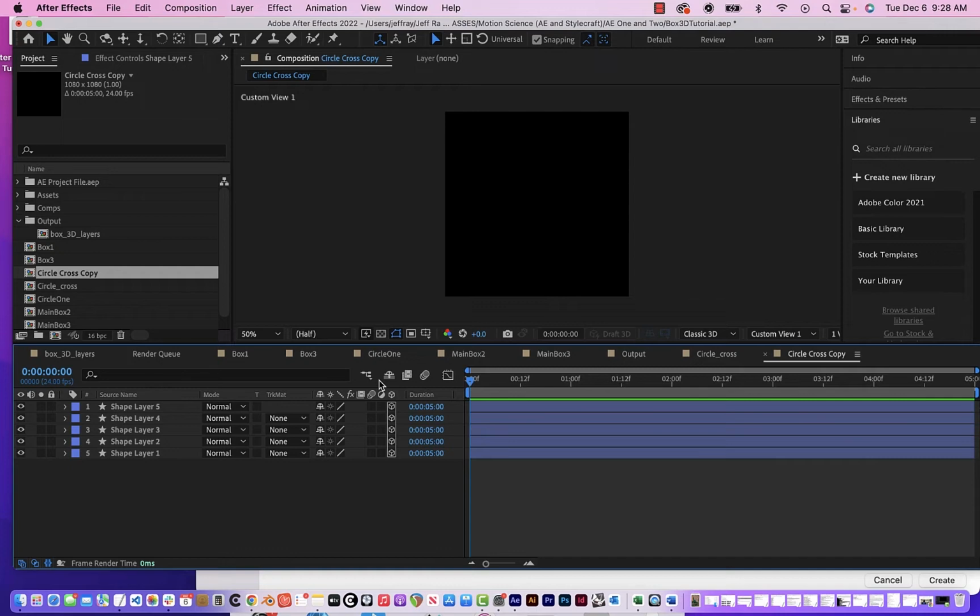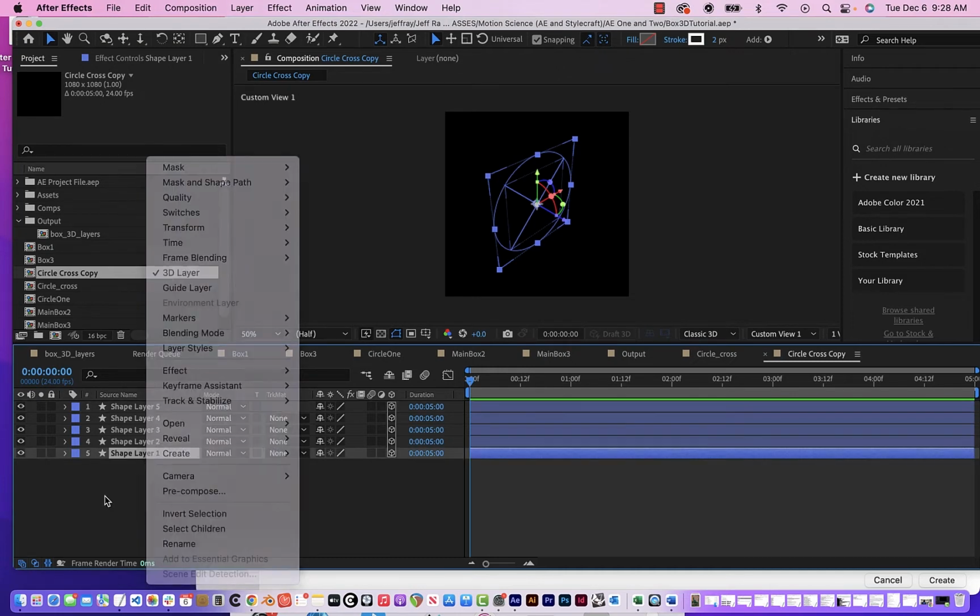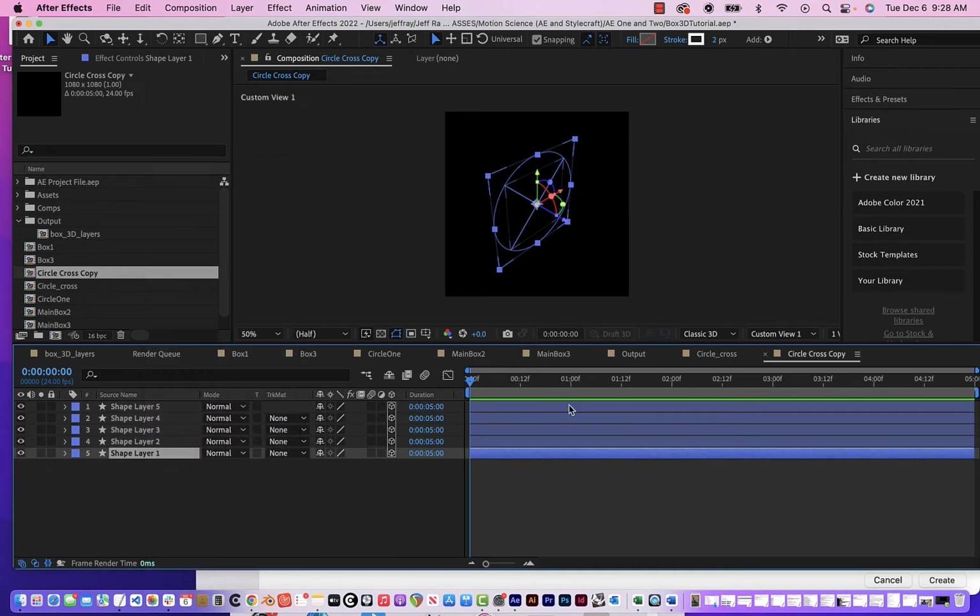Okay, moving on now. This is part 3 of the Box 3D tutorial, loosely based on the Motion Science School of motion animation, graphic motion. Okay, so what I'm gonna do is pre-process this, and before I pre-process, notice